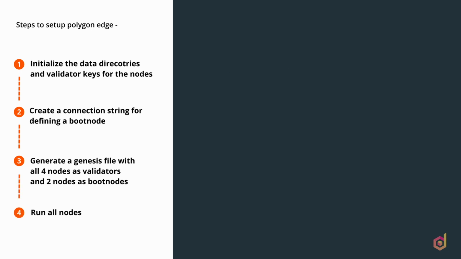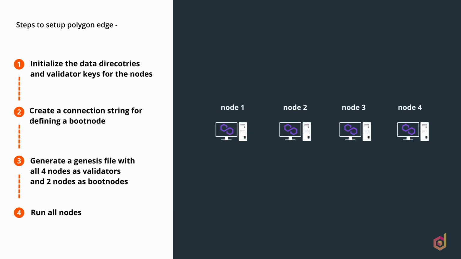And lastly, the fourth step is to run all the nodes. Because we are attempting to run a Polygon Edge network consisting of 4 nodes on the same machine, we need to take care to avoid port conflicts. While discussing the architecture of the Polygon Edge, we discussed 3 terms: libp2p, gRPC and JSON RPC. So while running the nodes on Edge, each node will consist of these 3 servers. To avoid port conflicts and recognize which port belongs to which node, we can use structured port numbers, like,